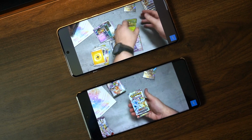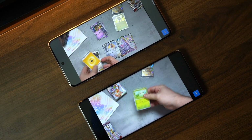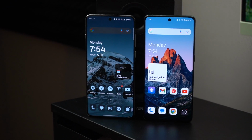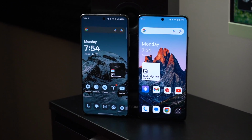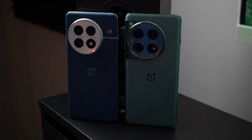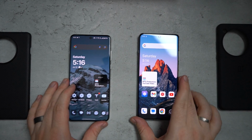So yeah, in the battery department, again, both great, but is it worth upgrading to the OnePlus 13? Probably not. And if you charge them, both of them charge 0 to 100 in about 28 minutes wired. Wireless does take a little bit longer, but just 10-ish minutes longer, not that bad either. I usually charge it wired anyway, so I don't need to go to sleep and charge this. I wake up in the morning, charge it for 20 minutes, 30 minutes, and I'm all set to go